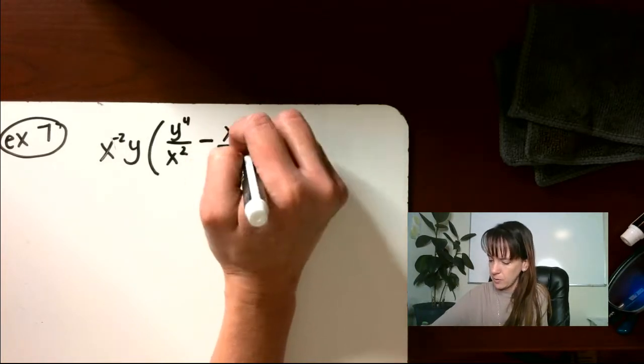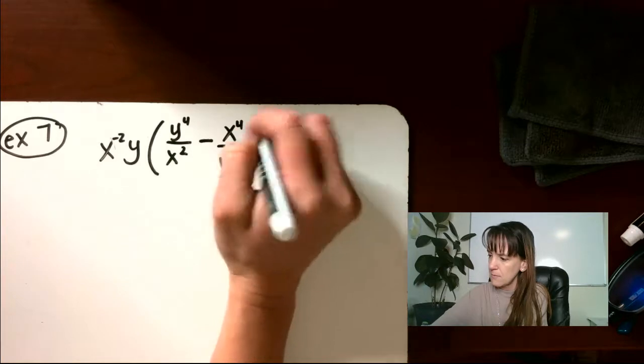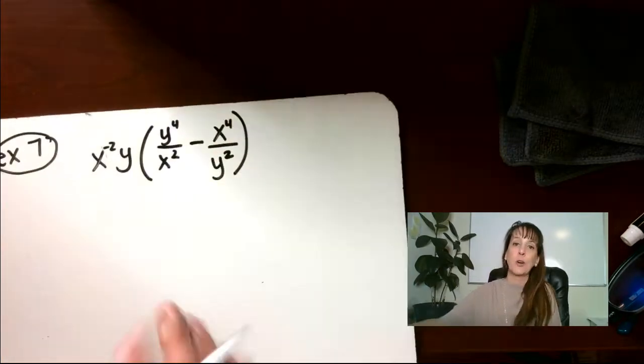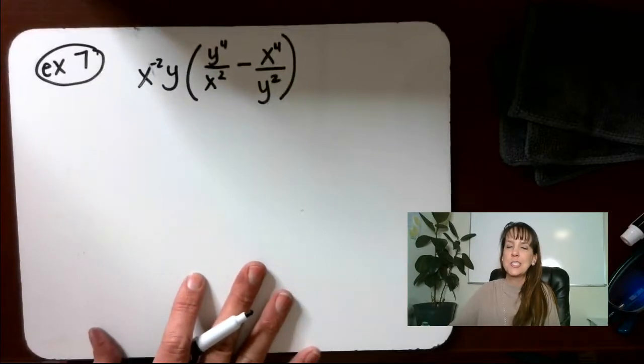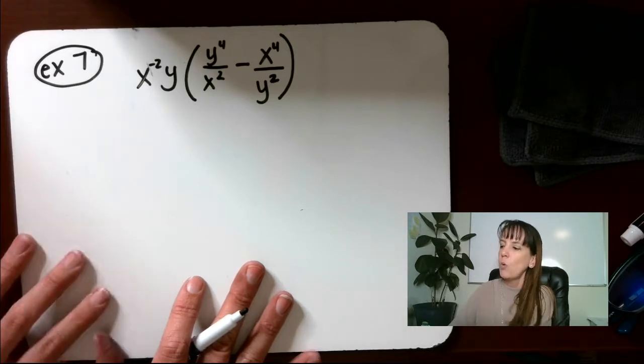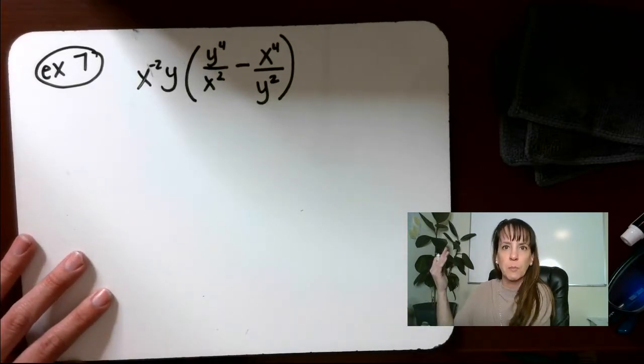And then, let me finish writing it first. Write the answer with all variables in the numerator. So make sure you're reading the instructions on this, because generally I default to no negative exponents. But if it tells you to do it, it tells you to do it. Well, what we could do is just move everything up to the numerator to begin with, and we don't have